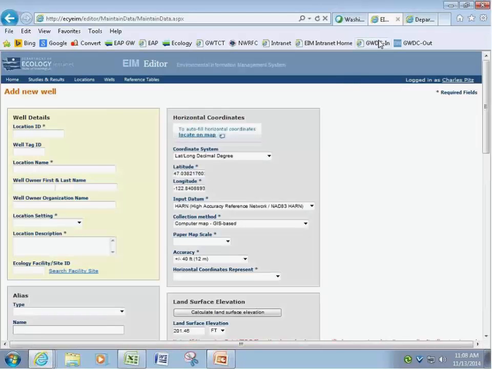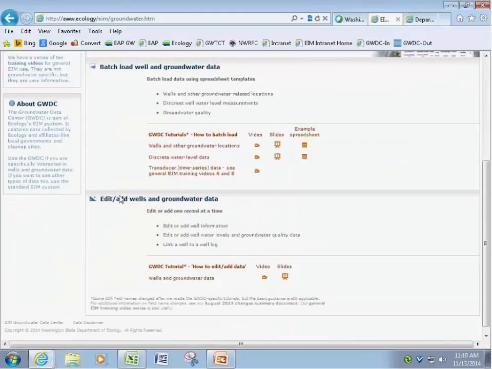Okay, so that's about editing. I'm going to take you back in. So let's now imagine that I'm going to edit the information for a well that's already in the EIM system. Maybe I put this well in 5 years ago, and in the intervening time, I actually went out and surveyed the well. So I want to update the elevation information for the well from this plus or minus 10-foot DEM value to a really accurate, highly accurate